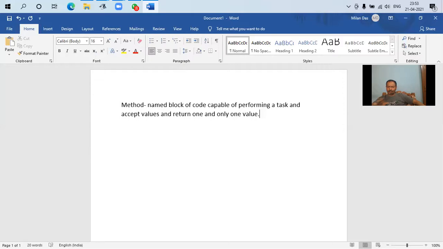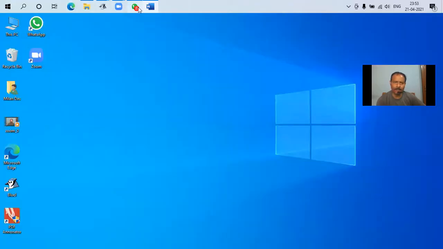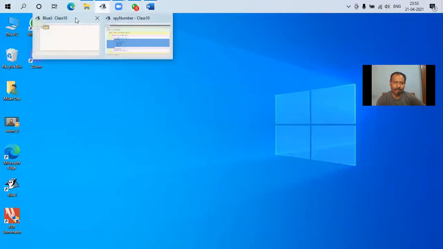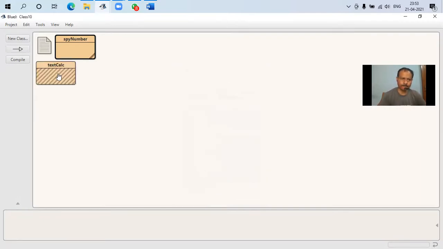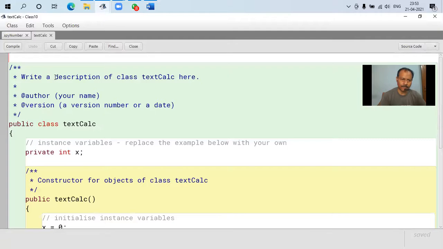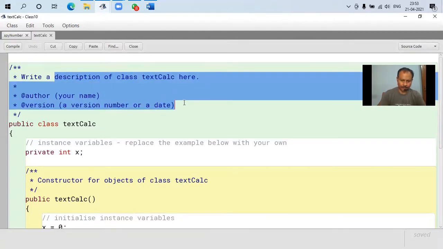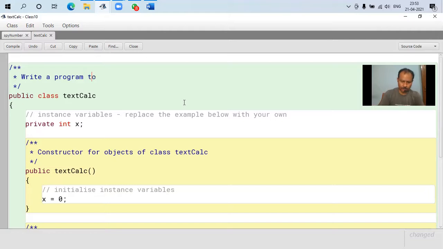But if you remember a bit, let us take an example of creating a class textual calculator. Write a program to develop a textual calculator.